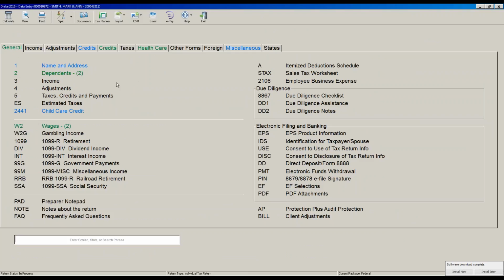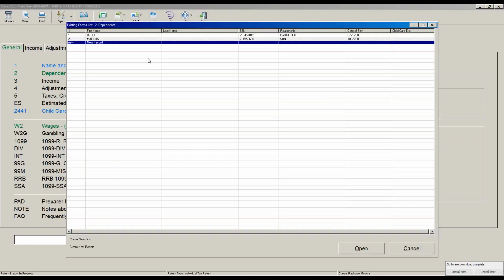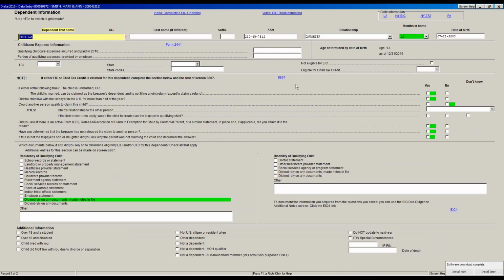So this is a returning client, so I already have 2 filled in there. It's highlighted in green, meaning I have some flagged fields in there I need to either check off or hit the F4 key. So I can click on this dependent, or I can hit 2 right down here in my search box and hit enter. That's going to bring me into the screen. Now because I have 2, it wants me to know which one I would like to go into. So I'm going to go into here, Bella, and now I have information keyed in here,